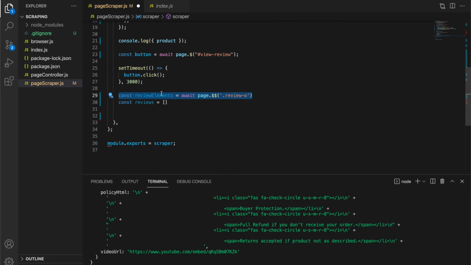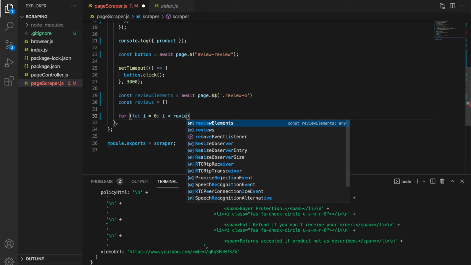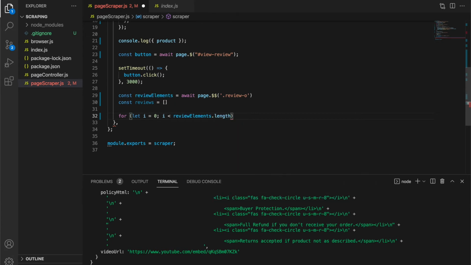This will query for those reviews, and what we now have to do is just go through all of them. So let's say for let i equal 0, i less than review elements dot length, i plus plus, and here we can start grabbing whatever we want from those elements.